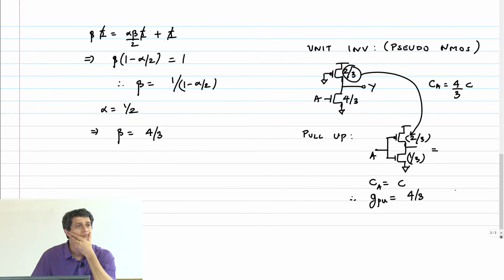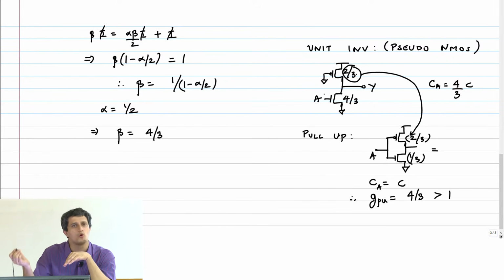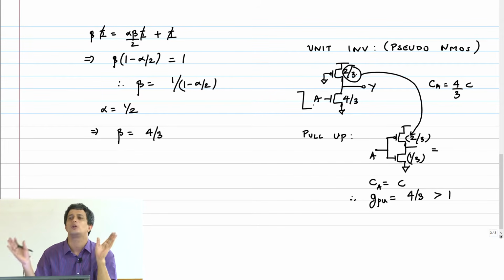Note this is greater than 1, and this is just an inverter. The logical effort for pull-up has gone up to 4/3 basically because we have brought the pull-up drive strength down. We have made this 2/3, and that's why this inverter has lower drive strength. Here there is no confusion, because when the output is being pulled up, it means my input fell instantaneously and therefore the NMOS turned off.